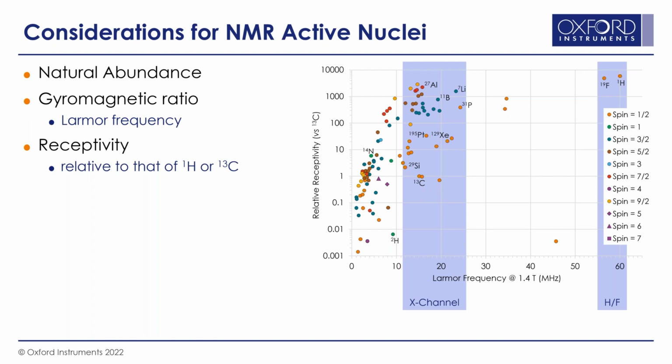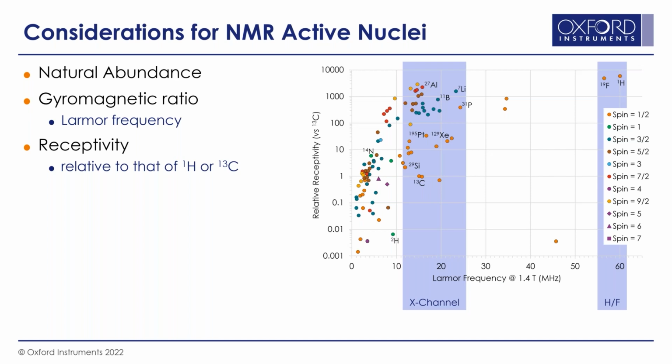The natural abundance of a specific isotope recognizes that in nature, most elements are a mixture of isotopes of varying abundances, and if we're concerned with a low abundance isotope, such as carbon-13, which is only around 1% of all the carbon in nature, you'll only be able to observe a subset of the total amount of the element present